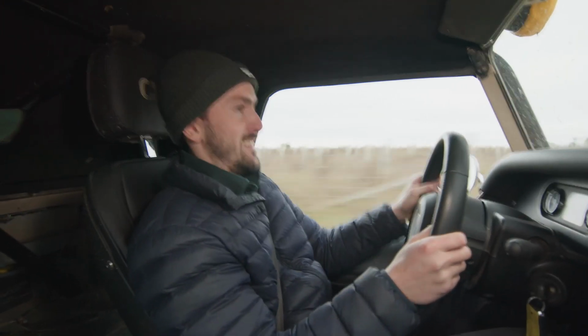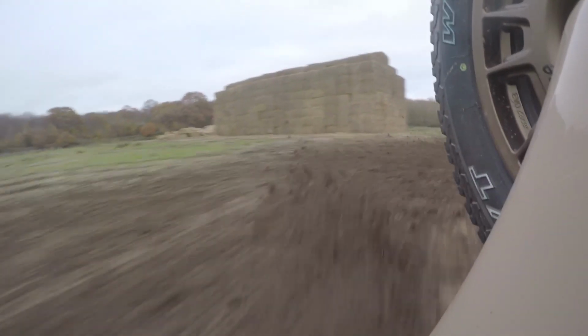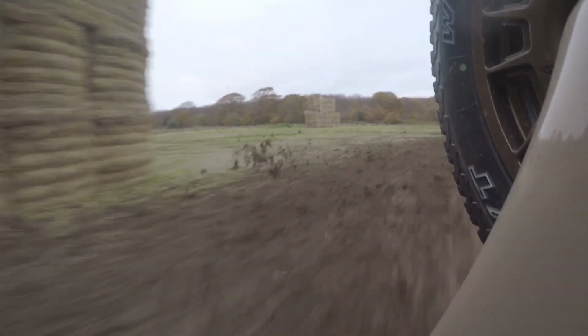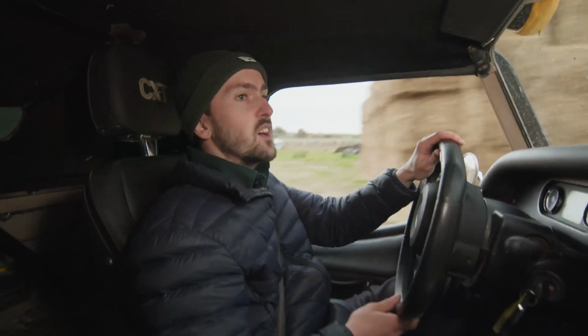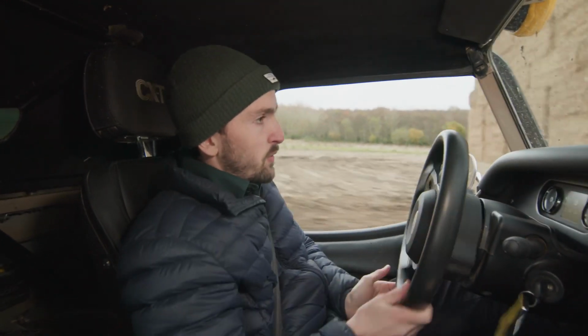How is it doing that? How is it just setting off like on tarmac? The brakes as well are really fantastic. I was kind of expecting it to be quite difficult to judge where to slow down, but honestly it's no bother at all. It's just like driving in the way. Kind of got to think about it a little bit, but